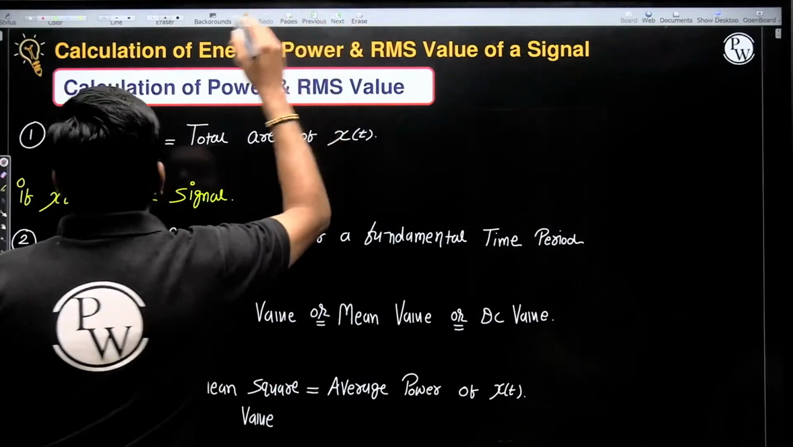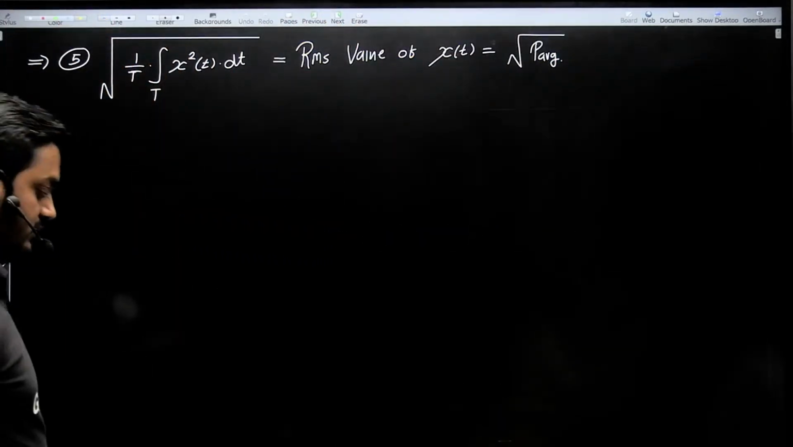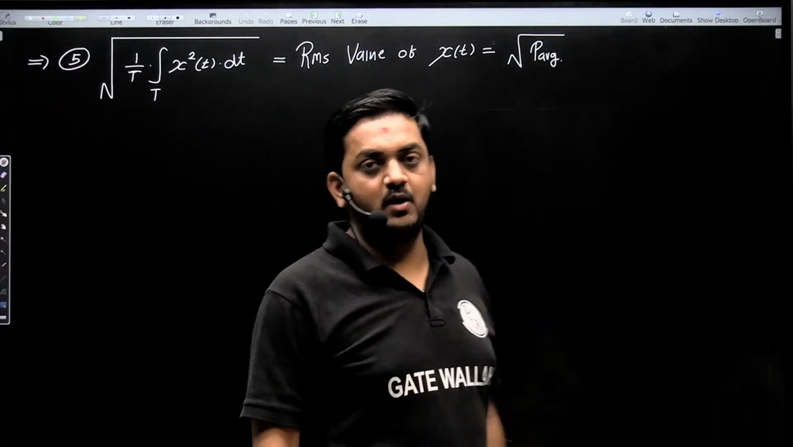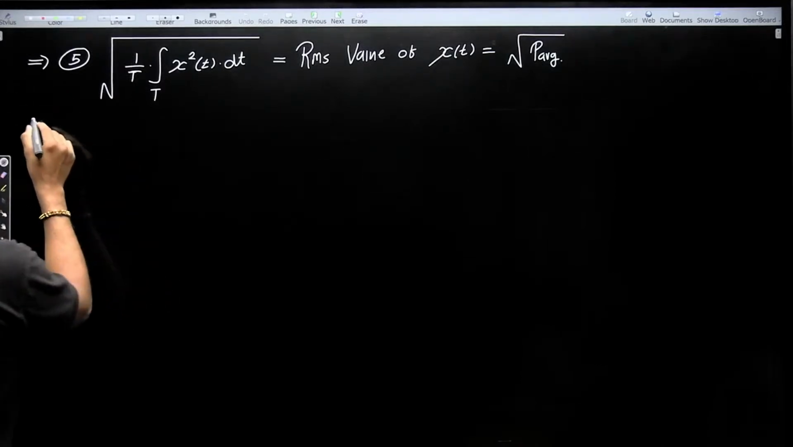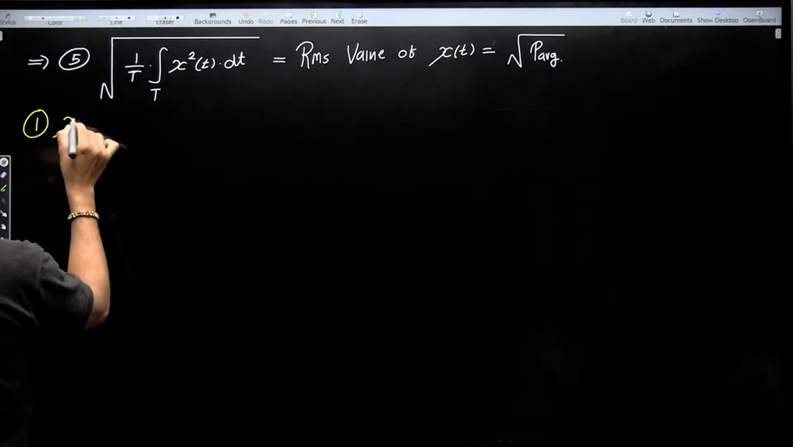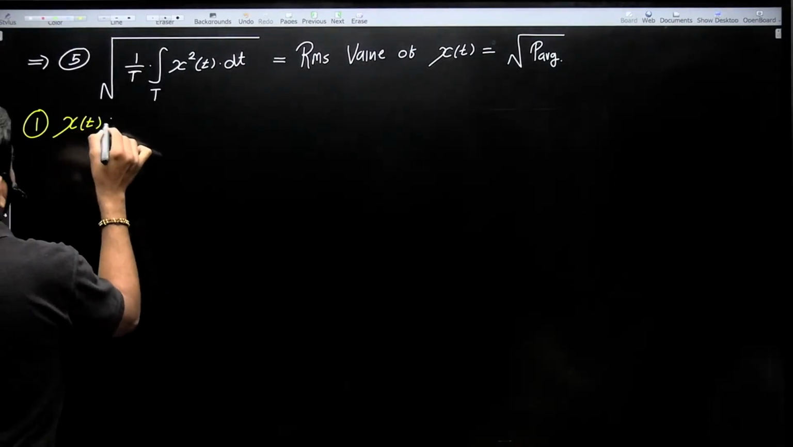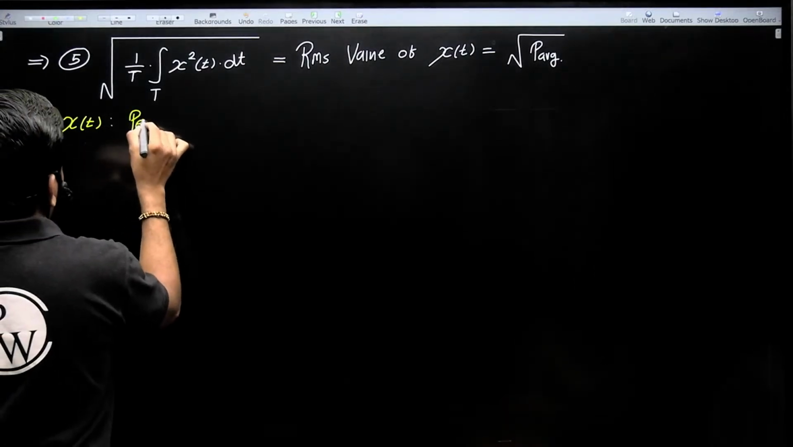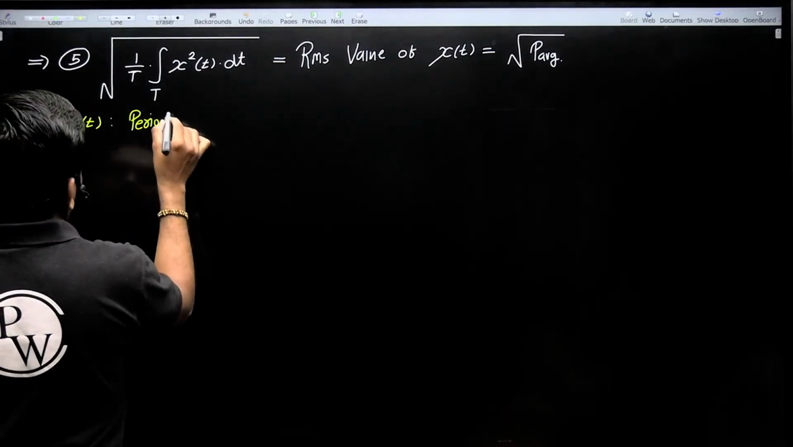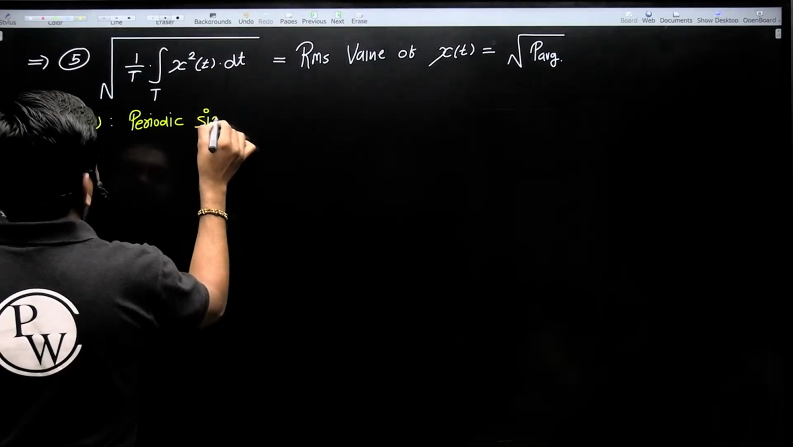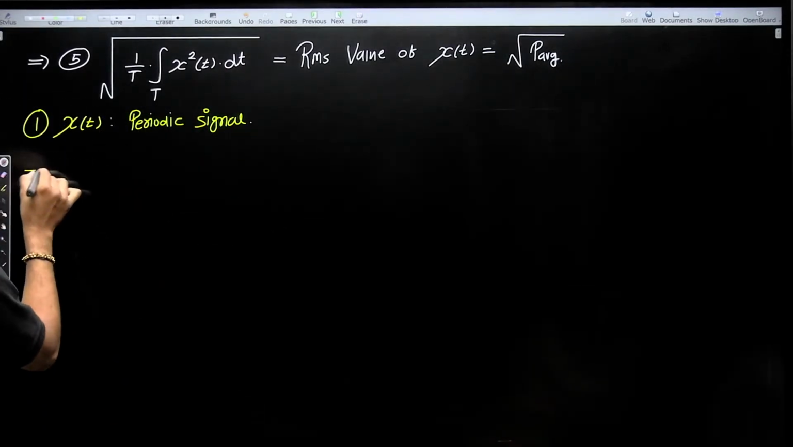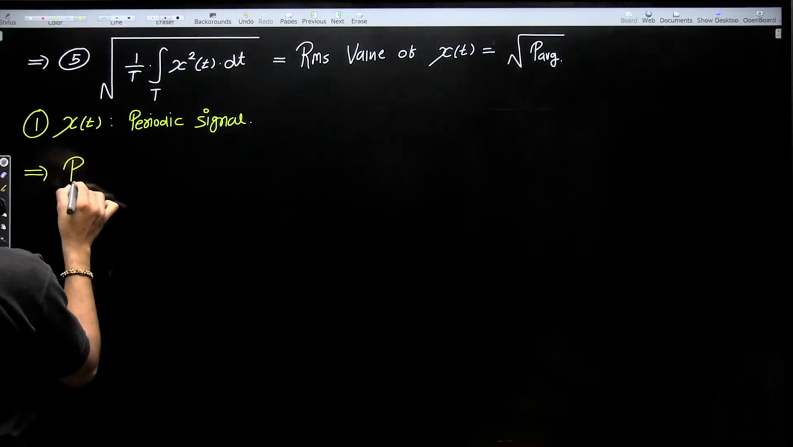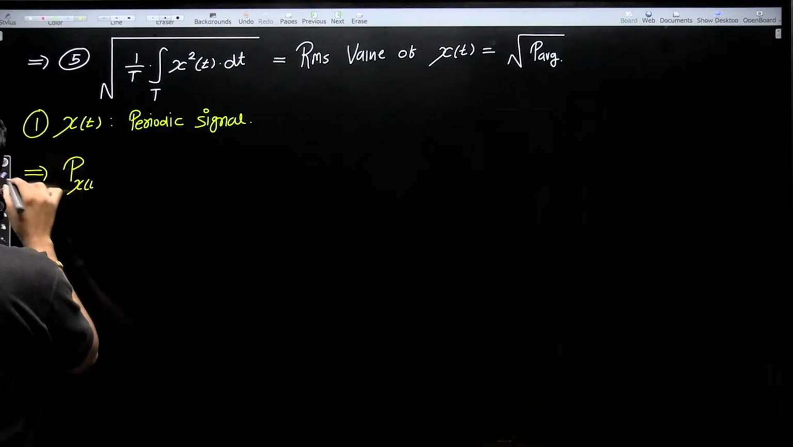Guys, now let us see the formula for the power. Power is nothing but what? Energy per unit time. So first, x of t is a periodic signal with fundamental time period capital T. If it is a periodic signal, then its average power for the periodic signal is given by